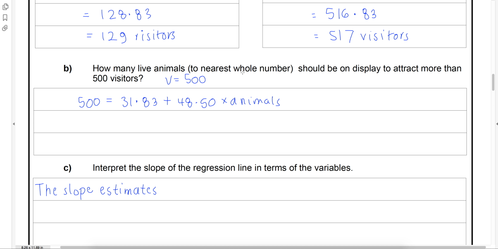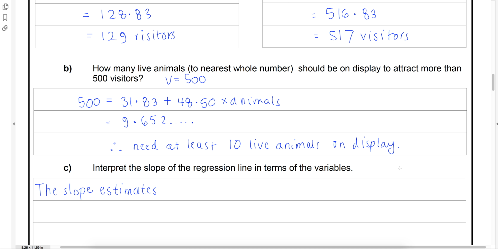So just type in A for animals and do comma A. And as you can see, I got this. Therefore, nearest whole number, we need at least 10 live animals on display. Now I mentioned before that we would try looking at the slope and the Y-intercept again, and that's